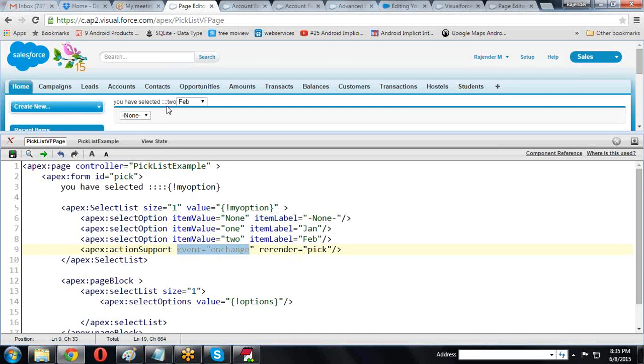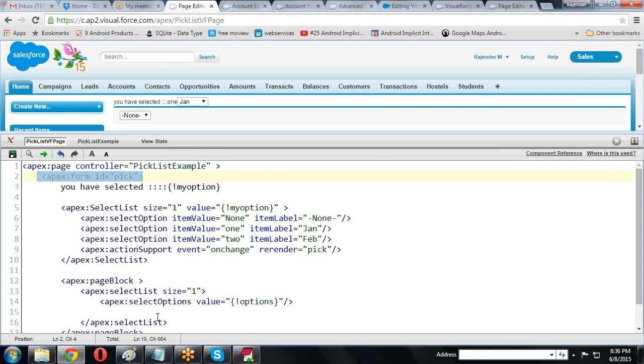If the onChange event fires, then automatically the event executes and the value is refreshed. The existing value is refreshed with a new value. For this we create the onChange and reRender: event is onChange, reRender equal to the form ID we provided, so it renders the page again for this form.